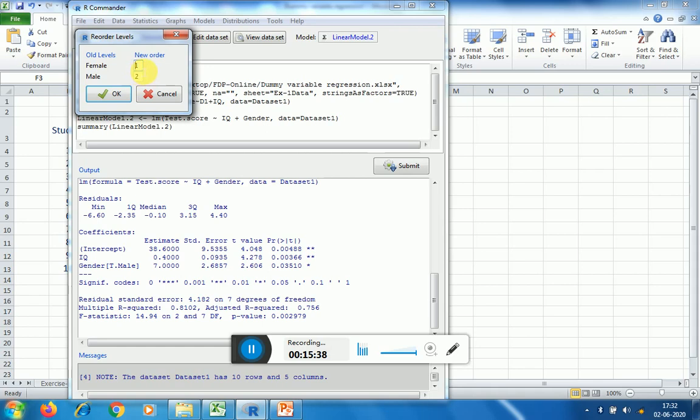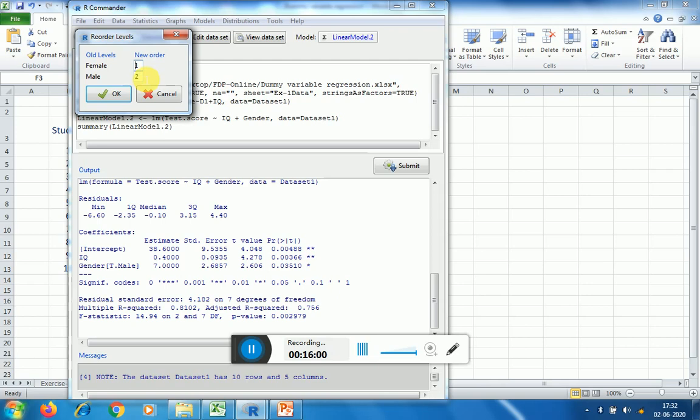Whatever is the first factor, the value assigned by default by R will be 0 for that. Then the second level will be assigned 1, the third level will be assigned 2, and likewise R will make the calculations. If you want to rearrange this, you can do that.